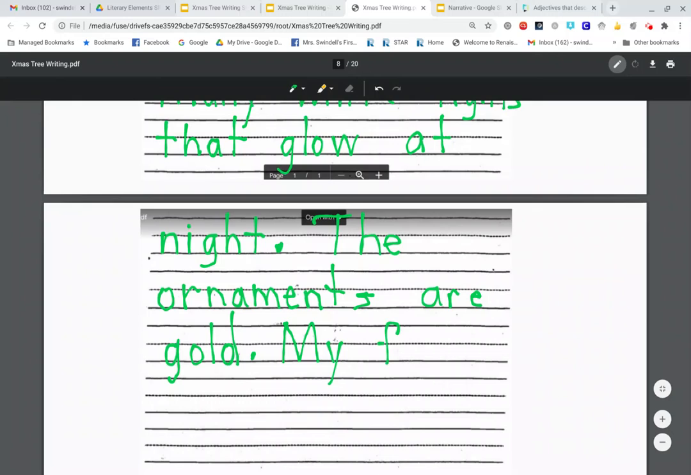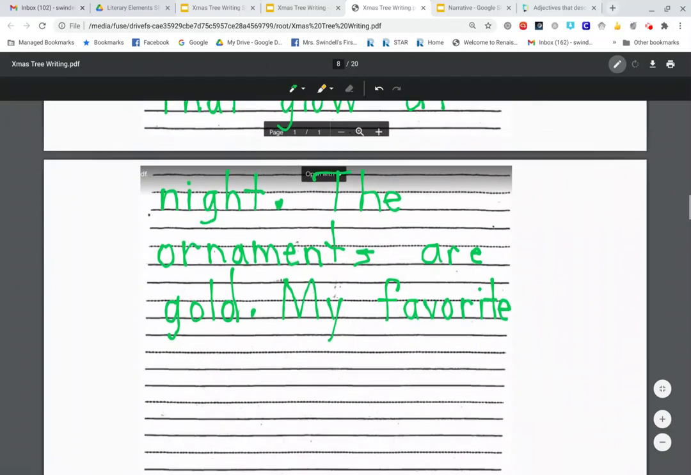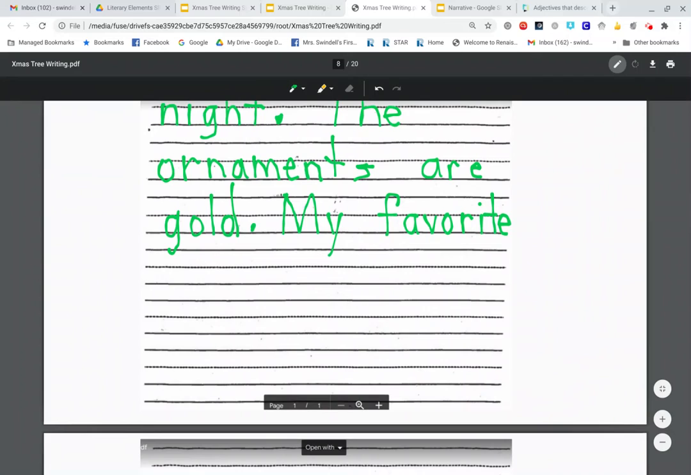My favorite, that is a hard word, favorite. My favorite, and I'm just going to say one because I already used the word ornament. My favorite one is the frame. I have a frame on my tree. I have frames on my wall too. My favorite one is the frame